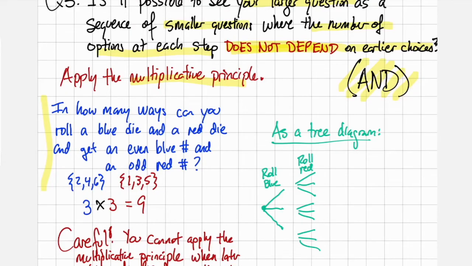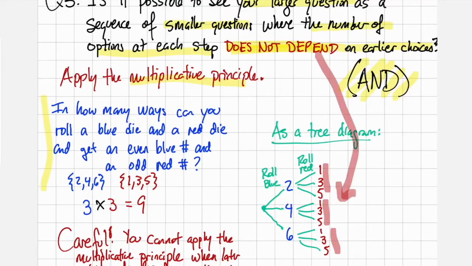Now we could also represent this as a tree diagram where there are 3 possibilities when you roll the blue die, a 2, 4, or 6, and then for each of those 3 possibilities, when you roll the red die, there are 3 choices: 1, 3, 5, 1, 3, 5, 1, 3, 5. The key thing that's happening is that the number of choices at this second step does not depend on what the first choice was. Whether we had a 2, a 4, or a 6, there were still the same number